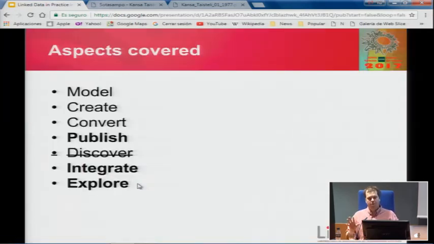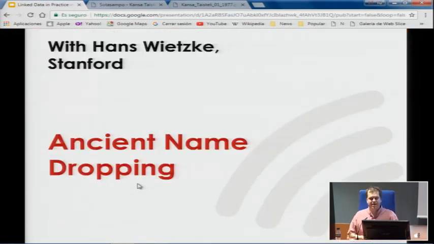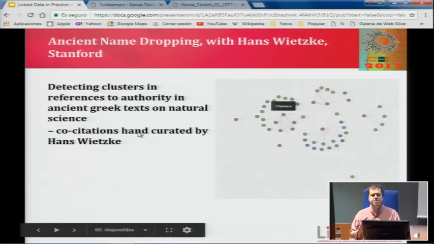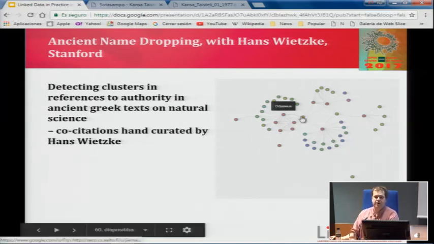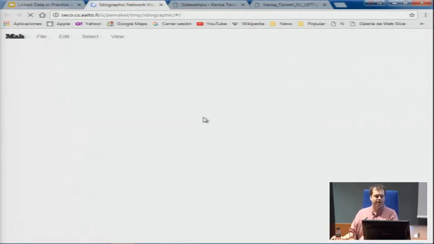A lot of these, or almost all of these, have been quite big projects that have taken ready data out there and tried to do something sensible with it. But that doesn't have to be the case when you're doing linked data. So I took this ancient name dropping that I did with a classicist at Stanford as an example, where he had done hand-curated co-citation analysis of ancient Greek natural science texts. And they were in an Excel spreadsheet originally. And I just quickly converted them into linked data so that I could use my ready battery of tools to then explore that. And one of the tools applied was this,